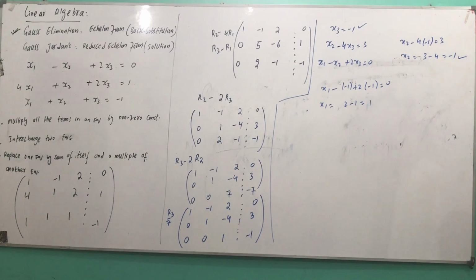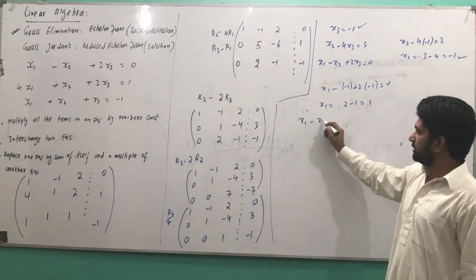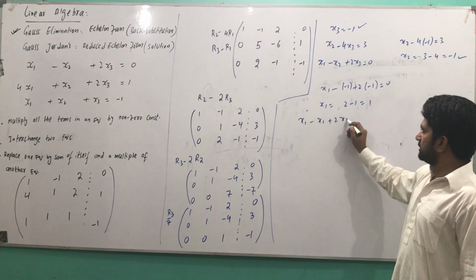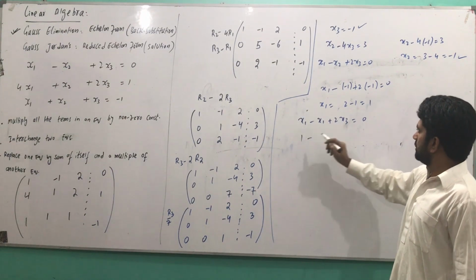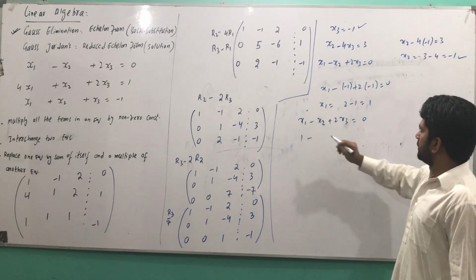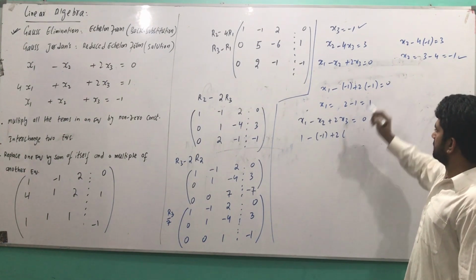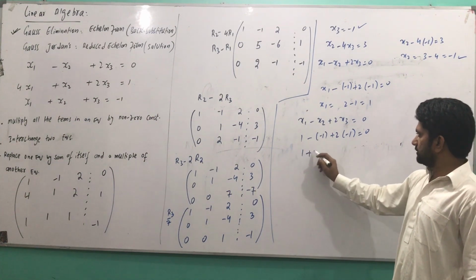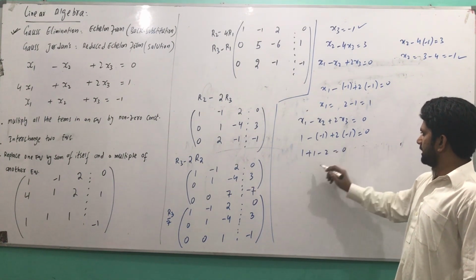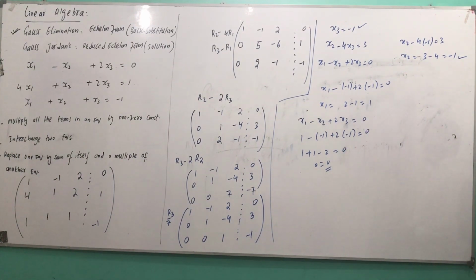Let's verify whether it is correct or not. Put in any equation. So let's do it with x1 plus 2x3 equals 0. What is x1? x1 is 1 and this is x2. What is x2? Minus 1. And what is x3? Minus 1. We must have left and right side equal. 1 plus 1 minus 2 and 0 equal to 0. It means our solution is correct and we have successfully converted the matrix into echelon form.